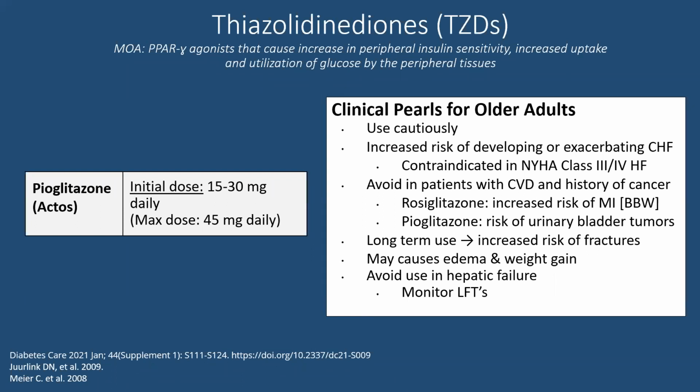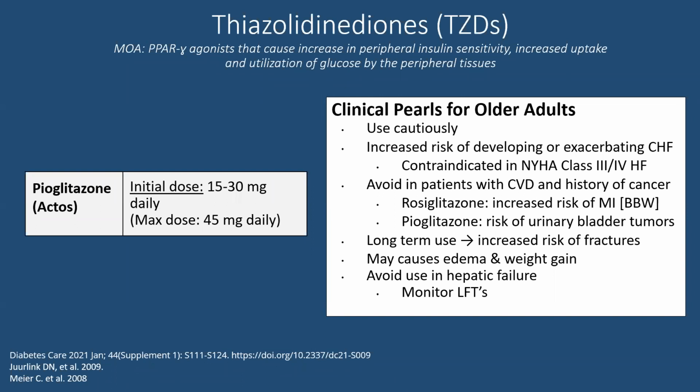With something like Avandia, you don't want to use it at all because there were reports of increased risk of MIs associated with that use. So that's one of the reasons we're just using pioglitazone. There is an increased risk of bladder cancer with this class of drugs, so somebody with a history of that is not a good candidate. Long-term, there is an issue with an increased risk in fractures. So if they have very severe osteoporosis already, probably not a great option either.